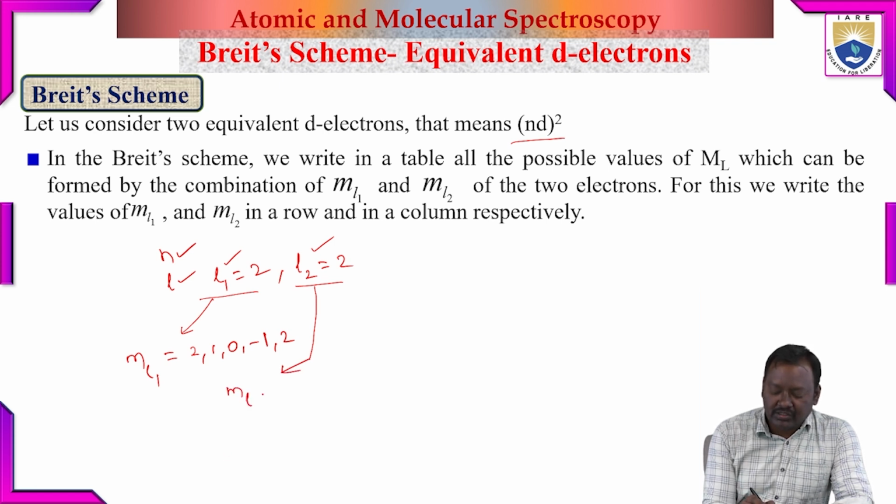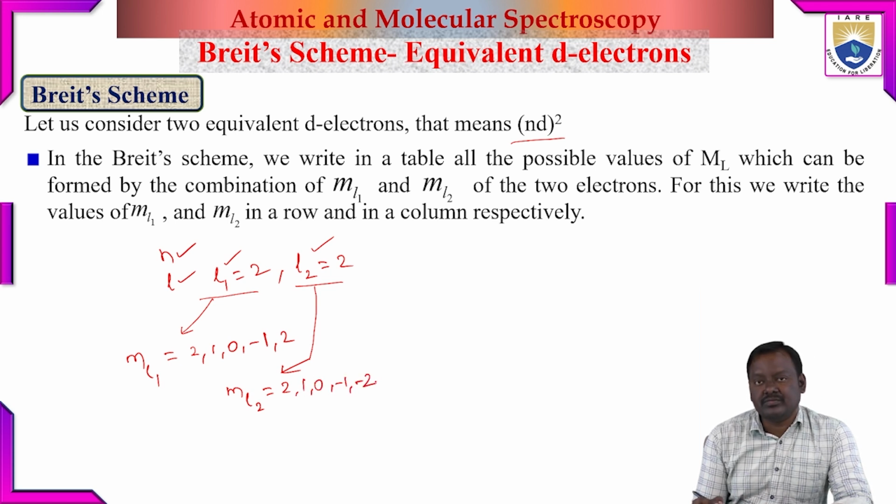The ML values for the second electron, that means ML2, can also be taken as 2, 1, 0, minus 1, minus 2. So in the Breit scheme,